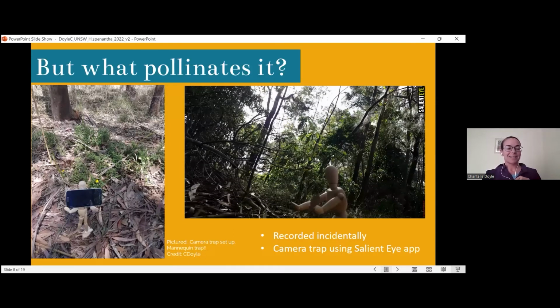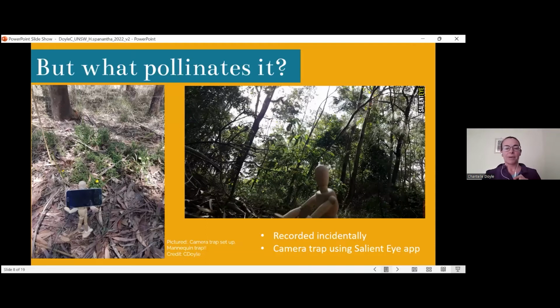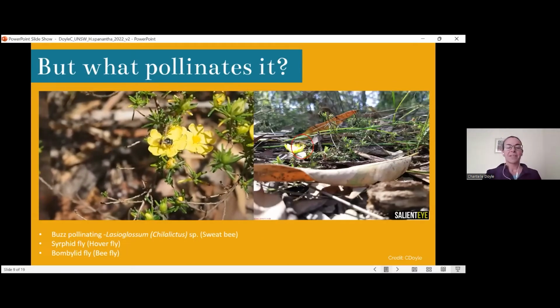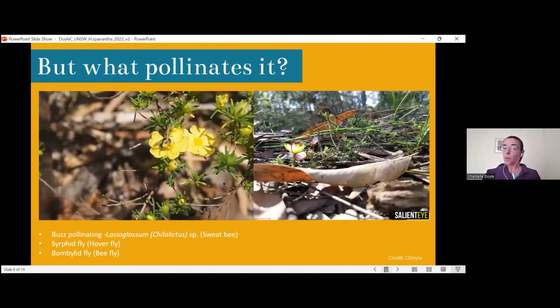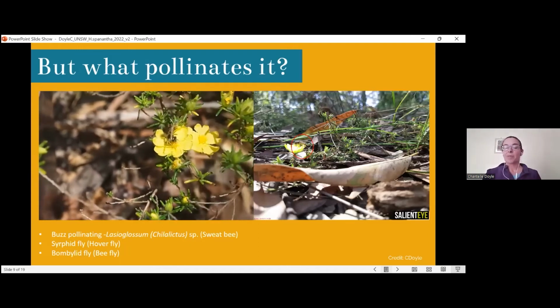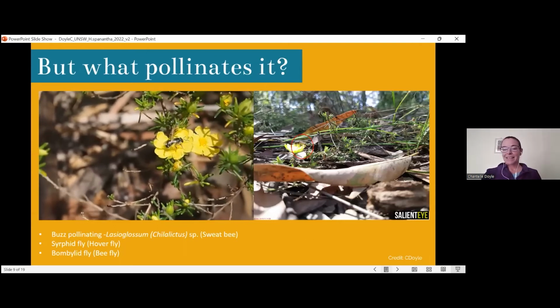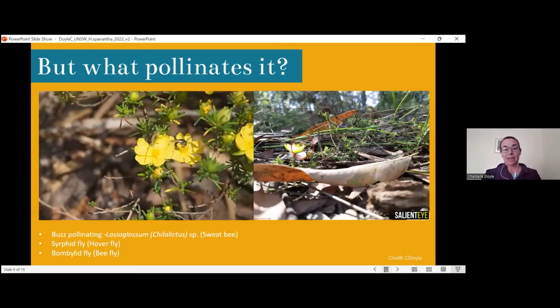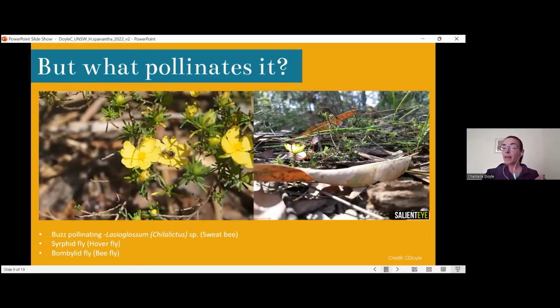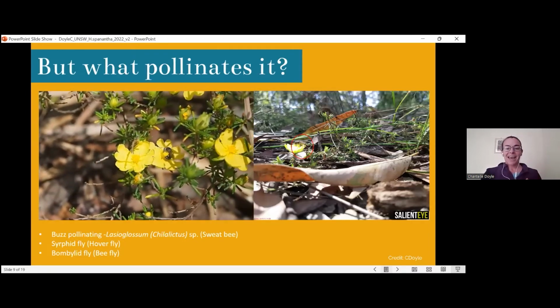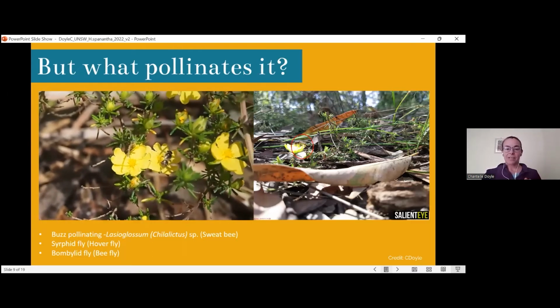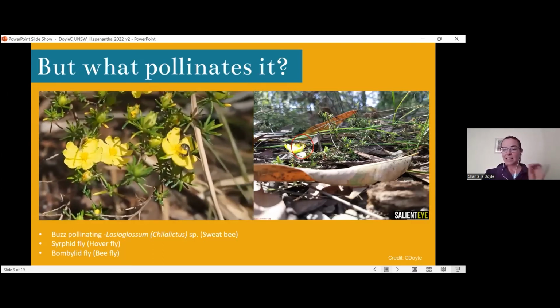I wanted to show you this little setup of mine. It's very simple and maybe you can use it for your work. Just a phone app, Salient Eye. It's a home safety app with a little mannequin holding it to get recordings of pollinator visitation. And basically we found out that the primary pollinator is Lasioglossum or sweat bees, which incidentally do buzz pollinate. You can see one doing a lovely little job here. And actually it's doing some geitonogamy there, which we now know is not very effective for the plant, but very effective for the bee. Also syrphid flies and bombyliid flies also visited, but irregularly, and they just collect individual pollen grains.